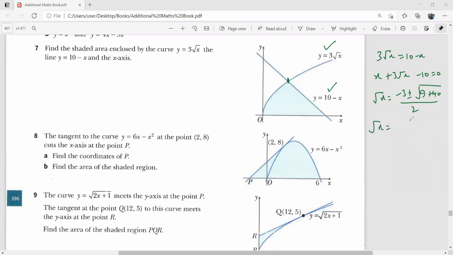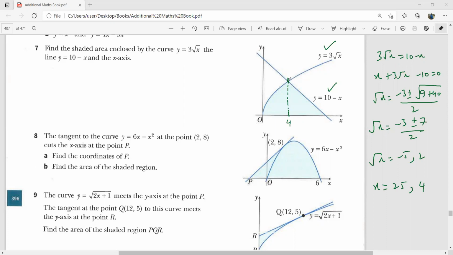So this under root x is going to be, I believe you know how I'm doing this here, either -10 over 5, that is -5, or 4 over 2, that is 2. When you square this, you get x as 25 or x as 4. Should that be 25? Yeah, I think it should be 25. So here you have x as 25 and 4. So I think this is 4 over here.